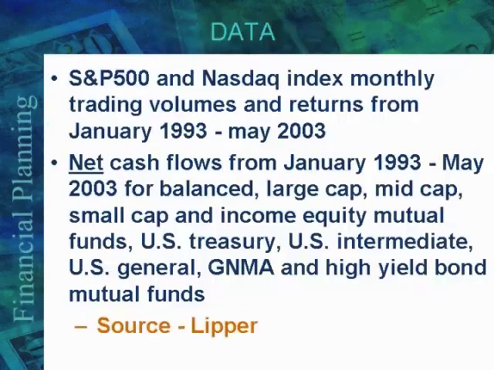All right. Okay. So today we'll first look at price volume relations between the S&P 500 and the Nasdaq. Then we are going to go to the Lipper data, which is very rich data that they gave us. They divided the mutual funds into three groups: stock mutual funds, bond mutual funds, and balanced and income funds. But stock mutual funds are the most risky, with small cap stocks being the riskiest mutual funds.